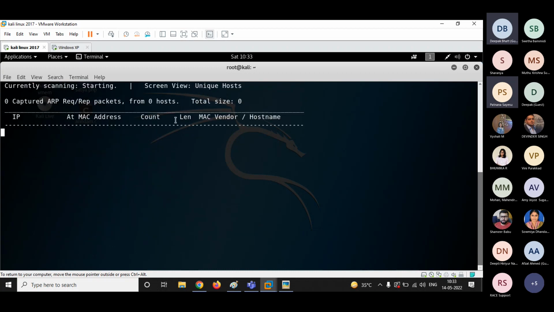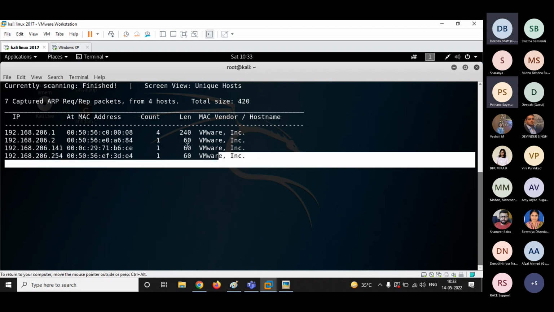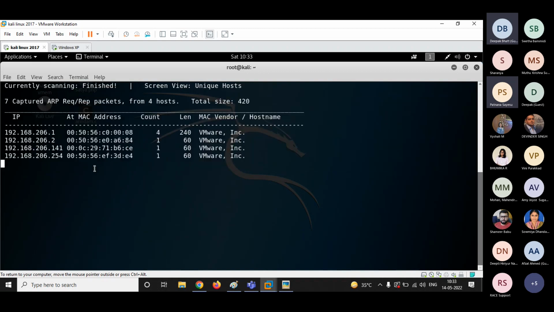Press enter and it will start scanning, guys. As soon as the scanning is finished, see, it's finished, I will be able to get the IP addresses. This is your network IP. The very first IP address of your IP range is known as the default gateway, and the very last IP address of your IP range is known as the broadcast IP.